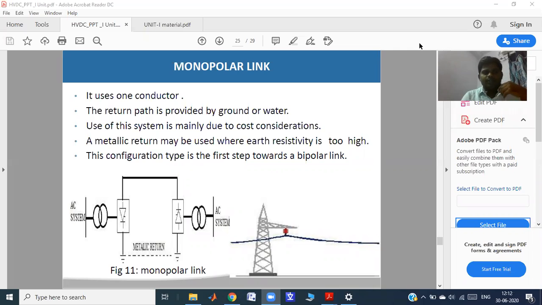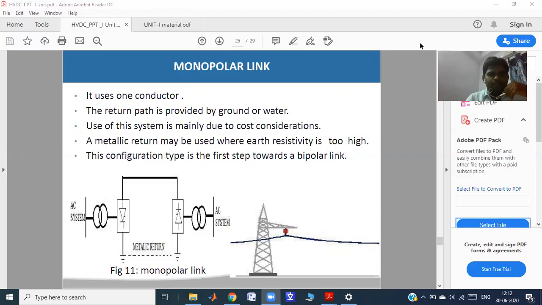If you look at this figure, an HVDC system is always connected between two AC networks, two AC buses. The sending end side network is called the converter or rectifier station, and the receiving end side network is called the inverter station. At the sending end, step up transformers are used, and at the receiving end, step down transformers are used. At the sending end, the rectifier converts the AC into DC, and at the receiving end, the inverter converts the DC into AC.